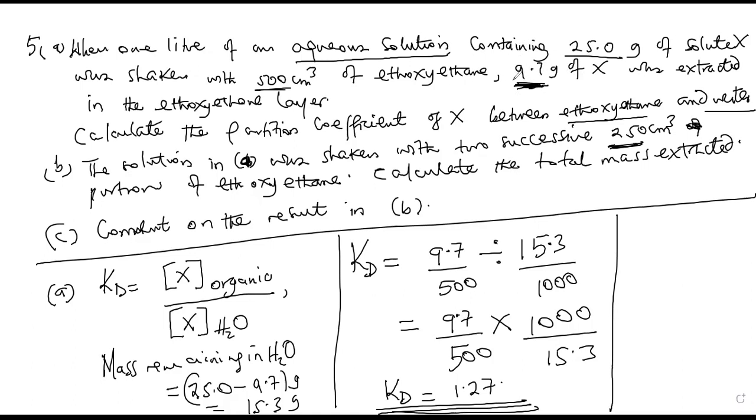Then for the comment, they just want you to comment. You'll say the mass extracted by 250 cubic centimeter portions is greater than the mass extracted by using 500 cubic centimeters at once. So the word successive also can be taken. So that is the first lesson of our calculations, and that is the first application of